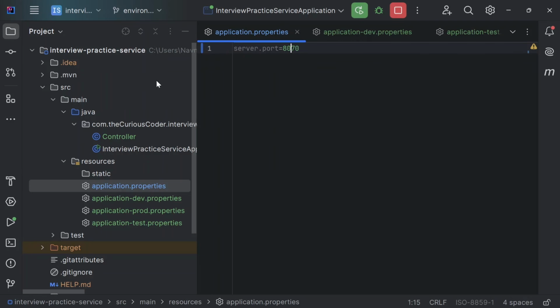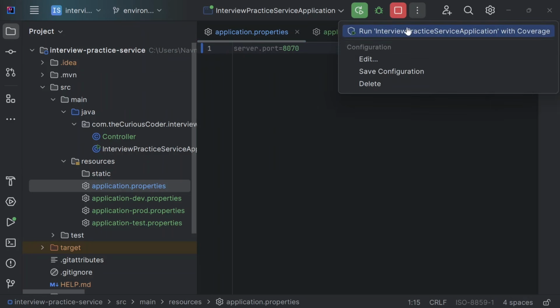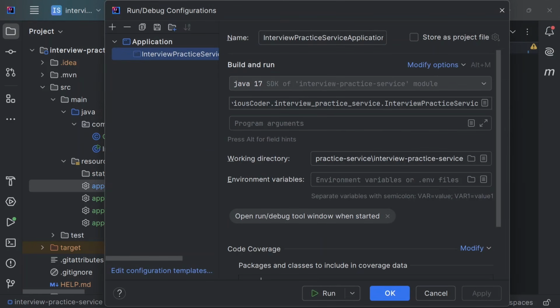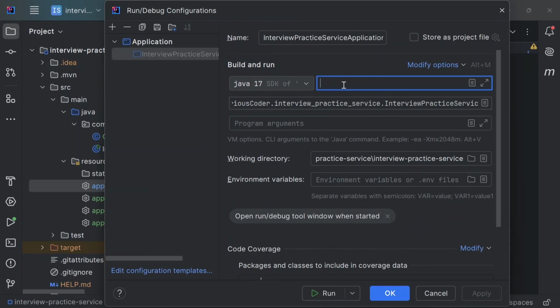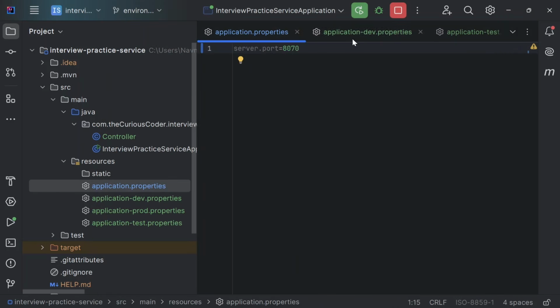Okay, and I can show you the same here in IntelliJ as well. Here we have one option. You go here, edit configuration, and in modify options we have add VM options. Here we can write it like this: -Dspring.profiles.active=dev. It's like a command line argument only, and I'll apply my changes. I think it's small d, yeah, dev, and I'll apply my changes and okay. And now if I rerun it,